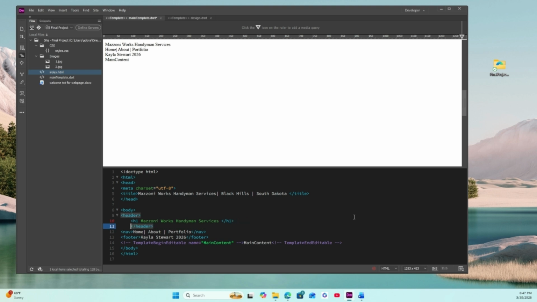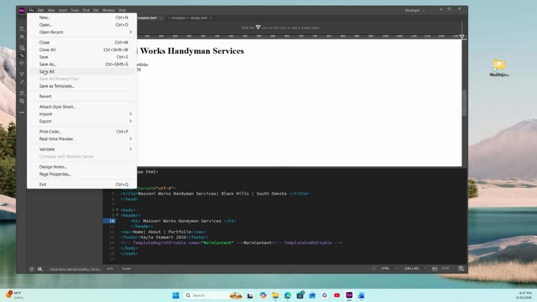Now I will have to save it. Let's see what happens. Why is it not letting me? There's something incorrect, perhaps? Yes, of course, here. So note that Dreamweaver again is very finicky, so even a little bracket here is a big deal. So make sure that you pay attention and